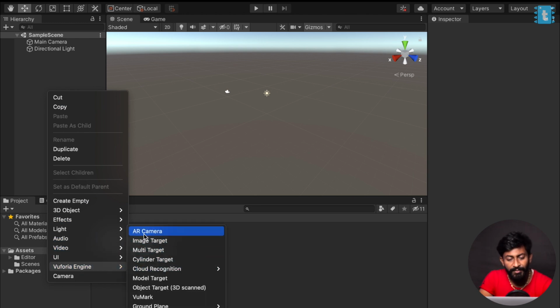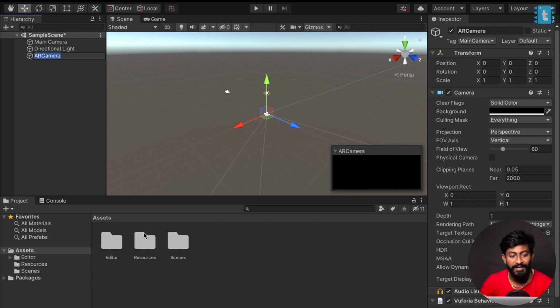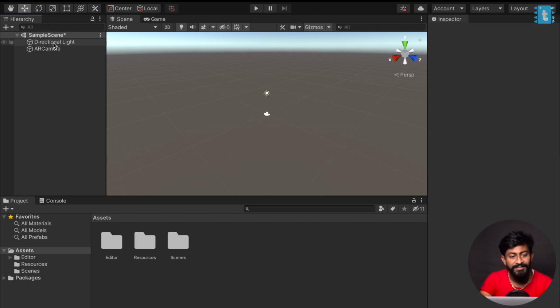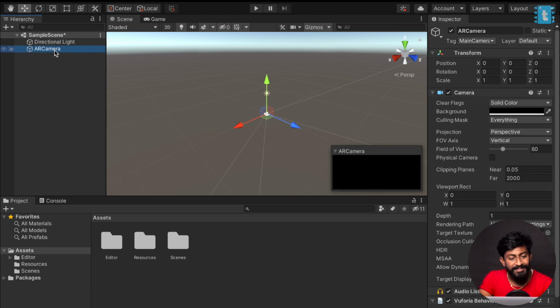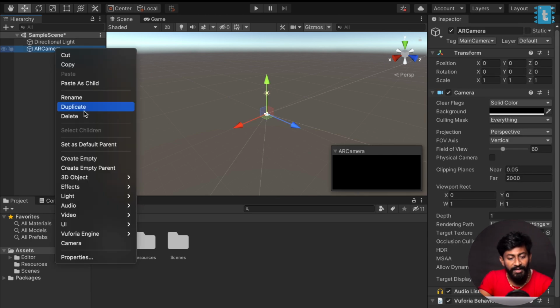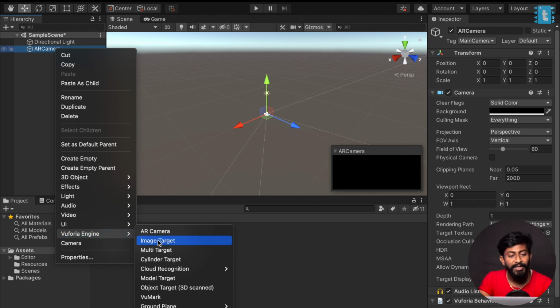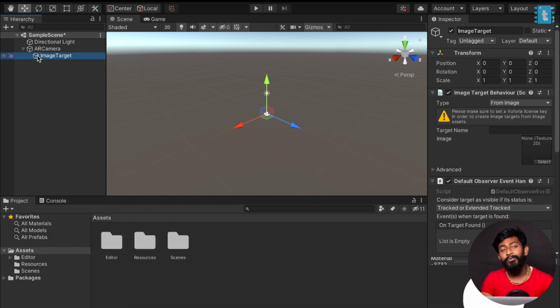Let's just add the AR camera because we'll be working totally in augmented reality. So as we've added this AR camera, we don't need this main camera, so we'll simply delete this. After adding the AR camera, just right click on this particular option, go to Vuforia engine again and select image target. Okay, so first of all, we need to finalize our target image,